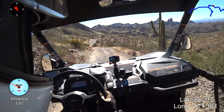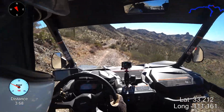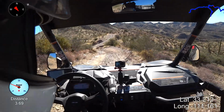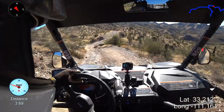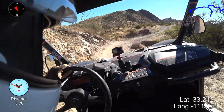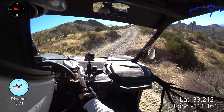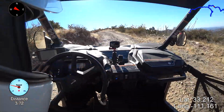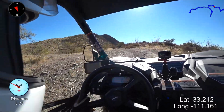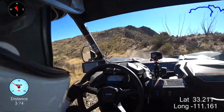Okay, this is heading towards that shack that I have marked on my GPS from many years ago. It's kind of interesting, because I've been marking GPS marks for years, and then after a whole bunch of years, I don't remember what they are. You just see them on the map and you're like, I have no idea what that is. It just says shack, is what I labeled it. So not positive,